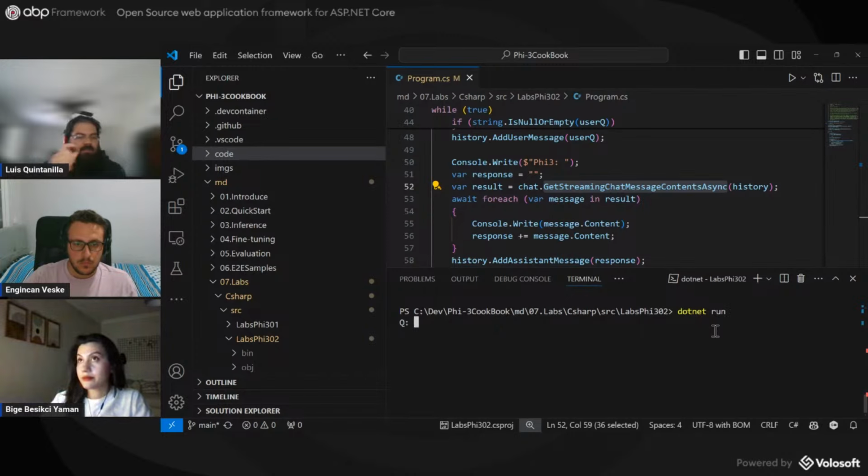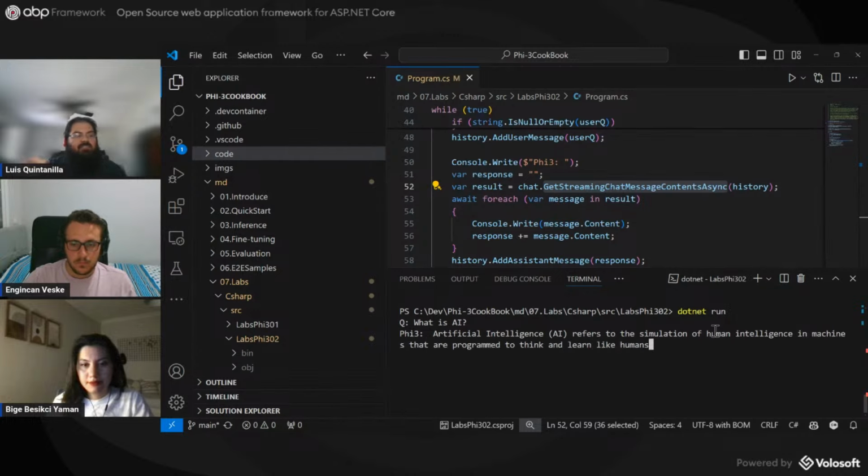Just give it a second, okay? And if I were to ask what is AI, that's the response I'm getting back from P3, right? And so what the streaming response is, you can see that as opposed to waiting for the entire response, it's just streaming word by word, right? And so depending on what your needs are,